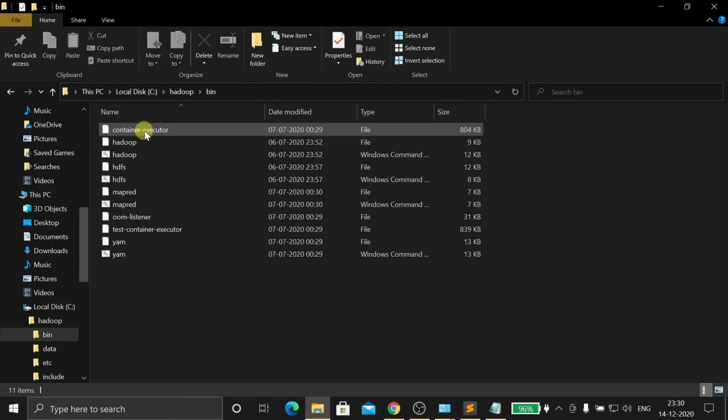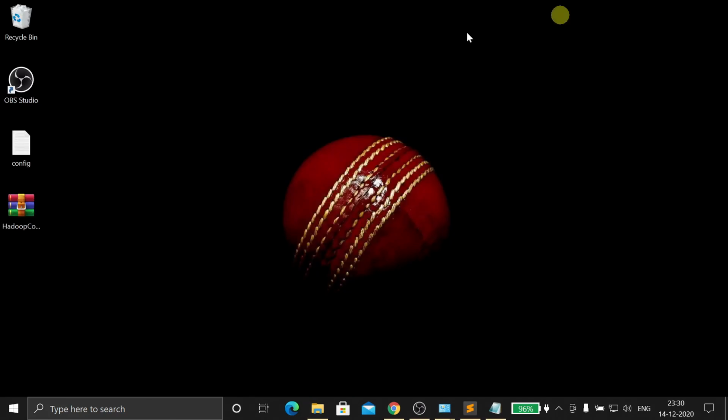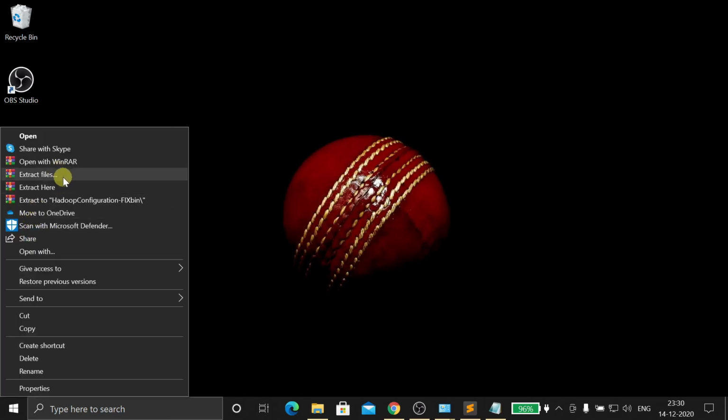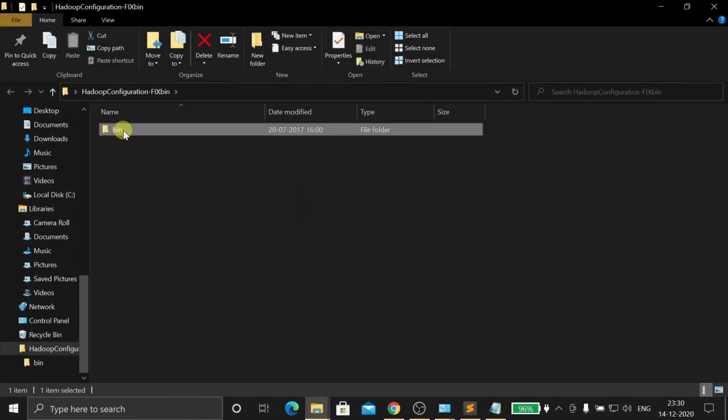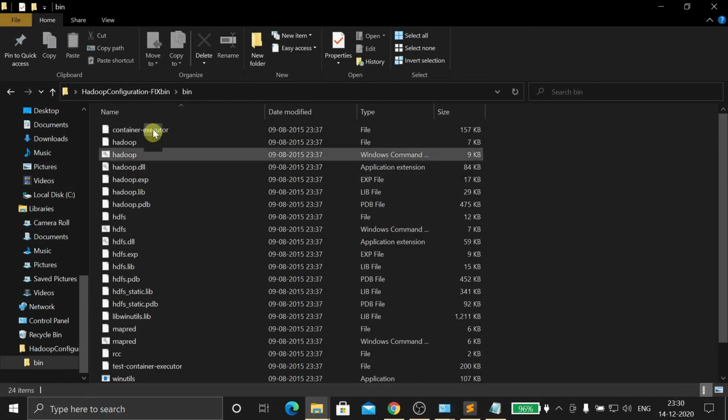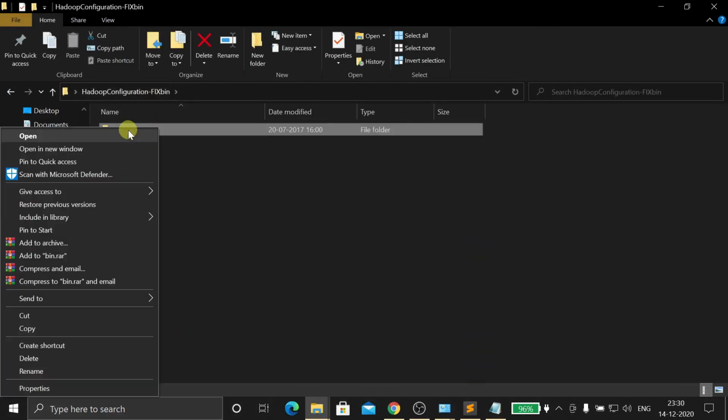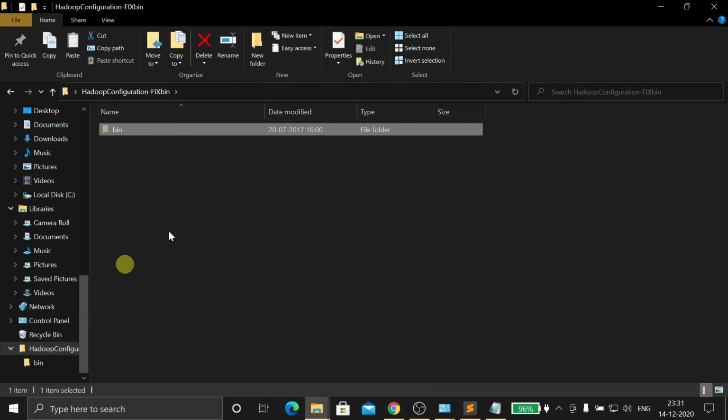Yeah, in bin you can see some files are missing, so we need to replace them with the configuration file. I will provide this file in the description. Extract here. Yeah, this is the file. You can see here we have bin. Yeah, these are the files we need to cut. Simply cut this bin.